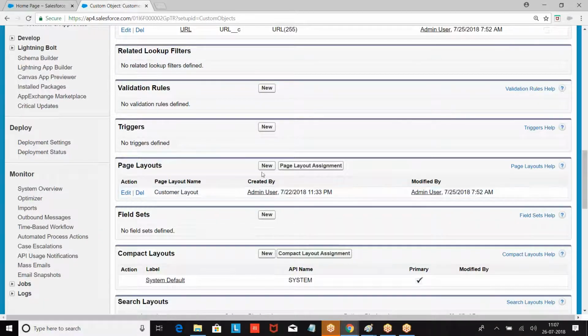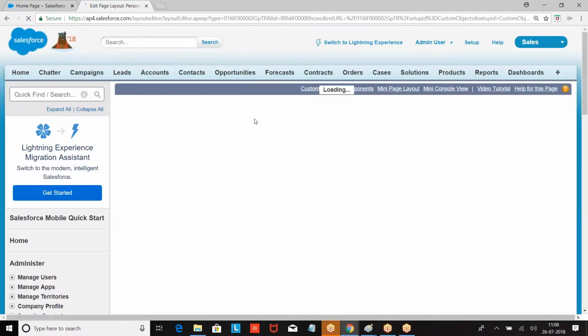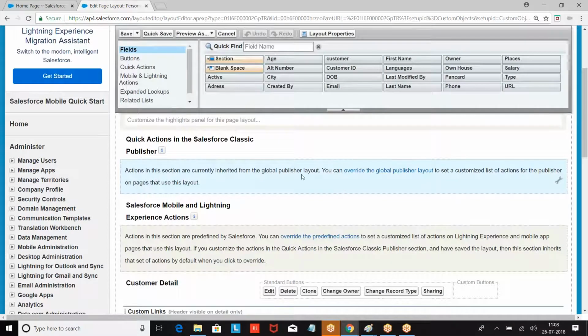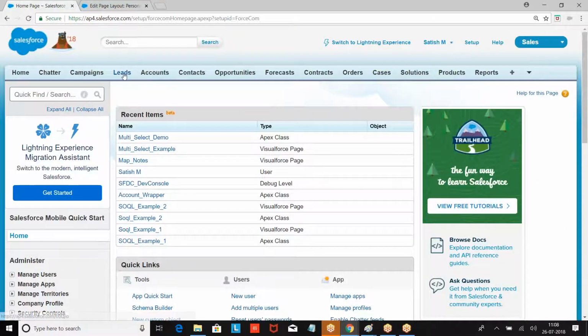Now, I am creating a new page layout. I am giving the name personal customer. First, we are supposed to create a section. What is a section?